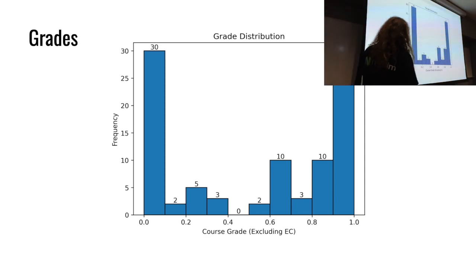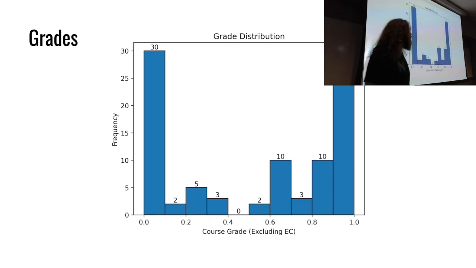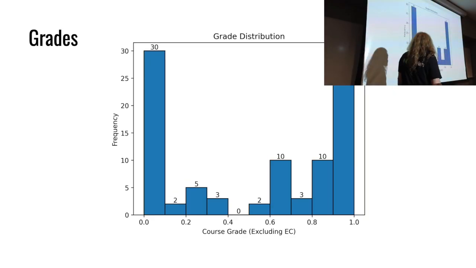Grade distribution. This is what you're actually here for. So we see kind of this like U shape, right? Which makes a bit of sense. Now, this isn't everyone that is registered in the class because this only shows people that have linked their Discord, right? I'm assuming those that still haven't linked their Discord are on the left side of this chart and hopefully are pursuing other opportunities. It's a good thing that we don't see anyone right here between 0.4 and 0.5 because